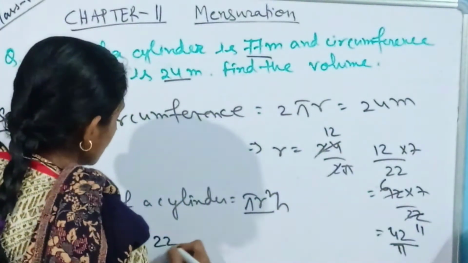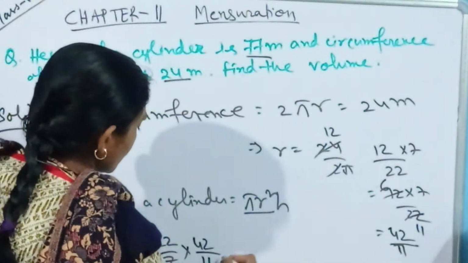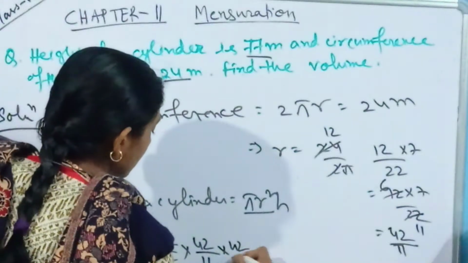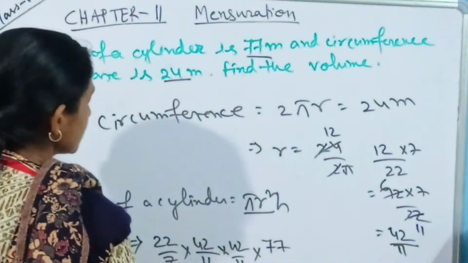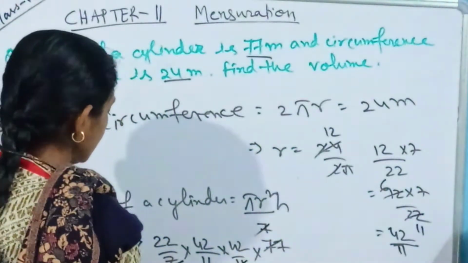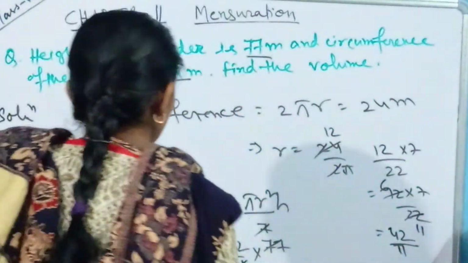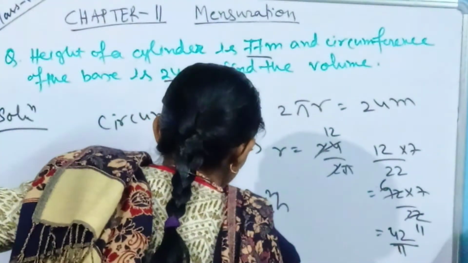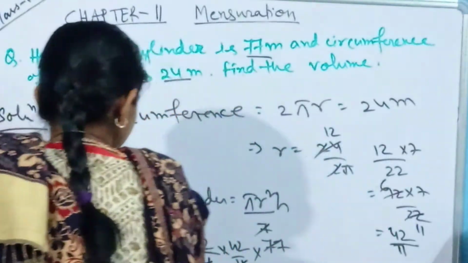So pi is 22 by 7 and r square is 42 by 11 into 42 by 11. Then h is equal to 77. So let's cancel. It is cancelled, and we get 2. So let's multiply. What are we getting? 42 into 42 into 2, that is equal to